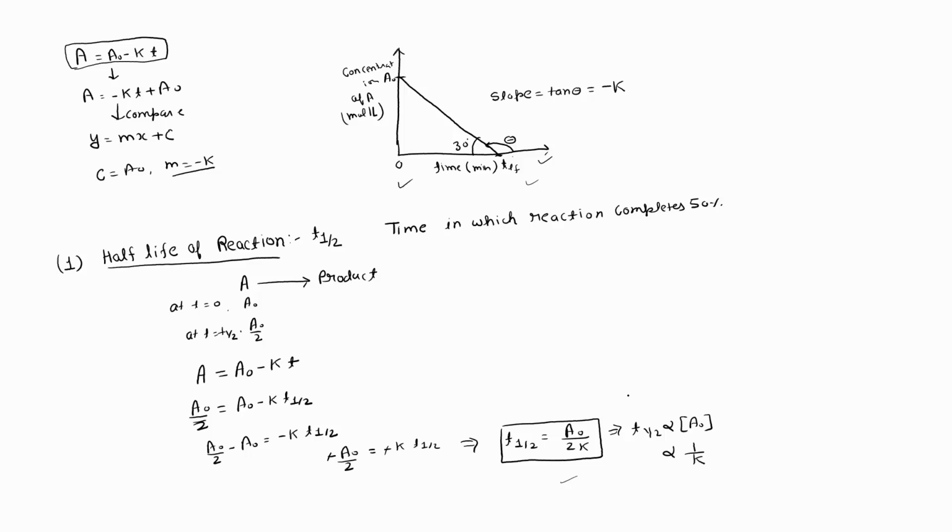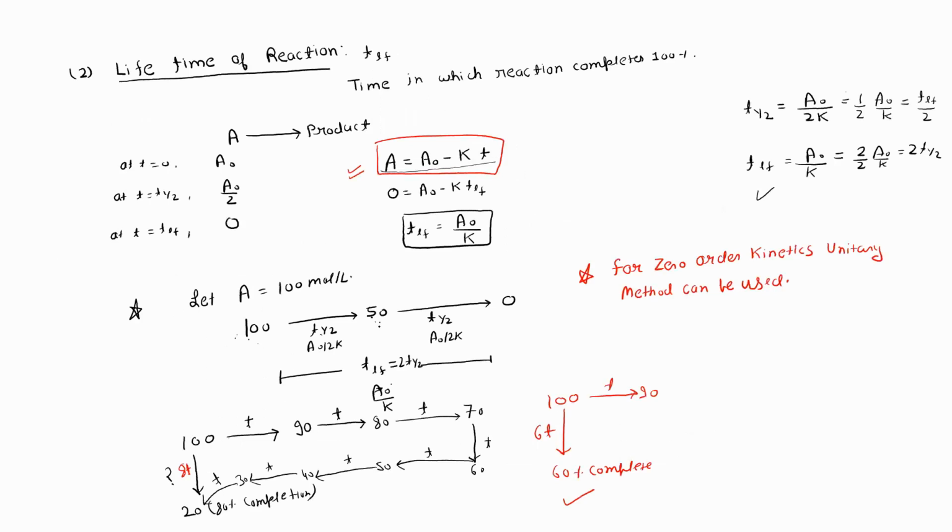Okay, then we have talked about the lifetime of reaction. Lifetime of reaction is represented by TLF, and it is defined as the time when your reaction is 100% complete. As the name suggests, 100% complete, so we know at T equal to TLF, the concentration of reactant will be 0. So we put it in the equation A is equal to A naught minus KT, for the reaction type of A gives product,